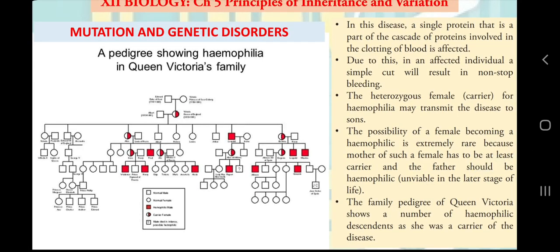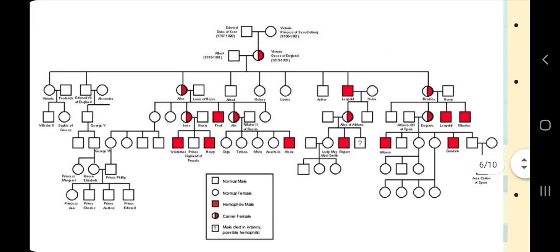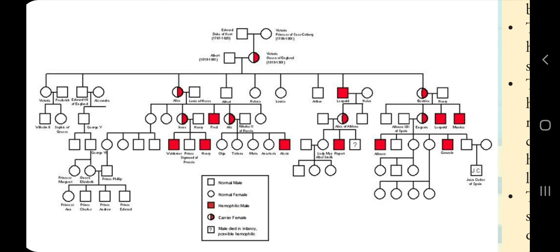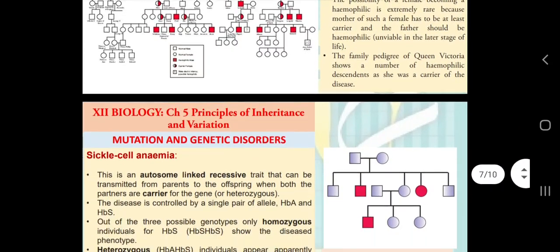The family pedigree of Queen Victoria shows a number of hemophilic descendants as she was a carrier of the disease. This is taken as it is from NCERT, but the pedigree was not shown in NCERT, only the example was taken. So I am including this pedigree for a better learning perspective. Now